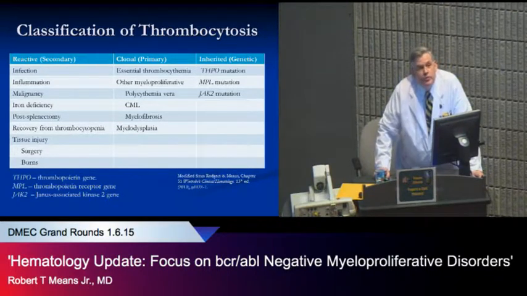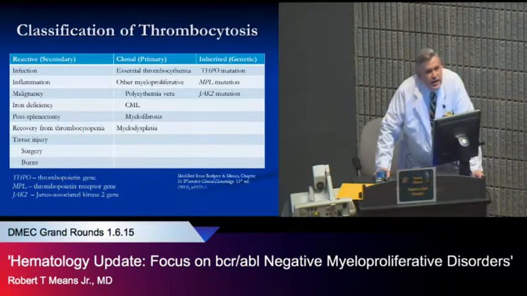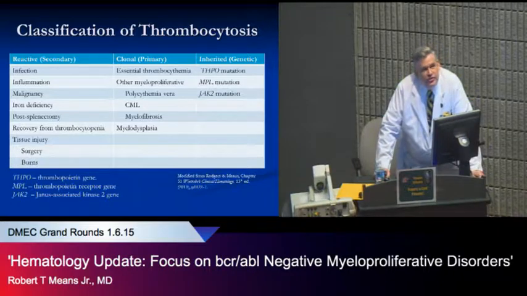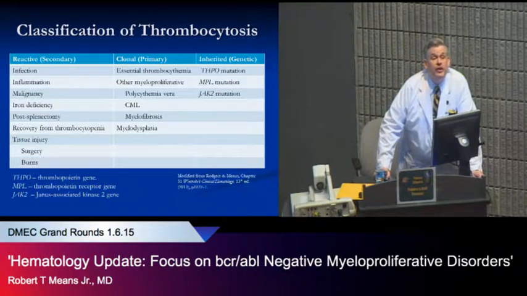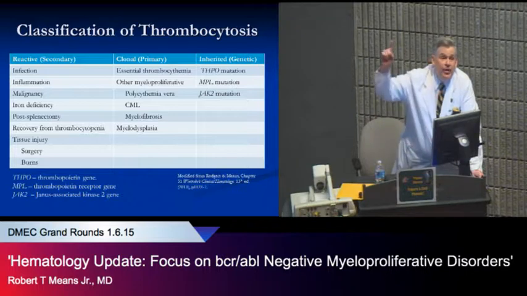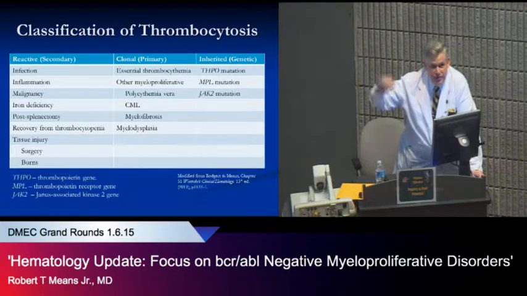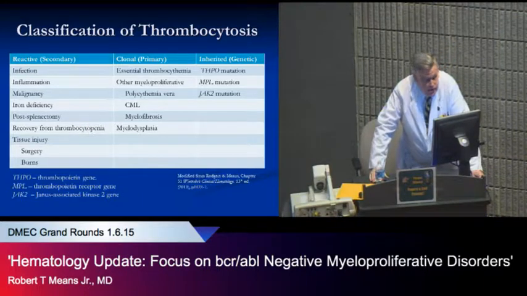You can see it post-splenectomy, of course, because the spleen acts as a modulator of the blood counts. If you take out your spleen, your blood counts go up, your white count and your platelet count particularly. You can see it as part of the recovery from thrombocytopenia. You will occasionally see a rebound, although it is typically not sustained, and so it wouldn't have been consistent with what we were seeing with this case.